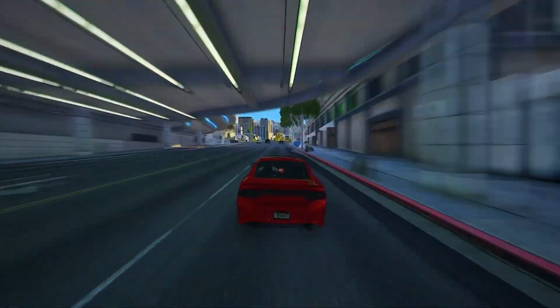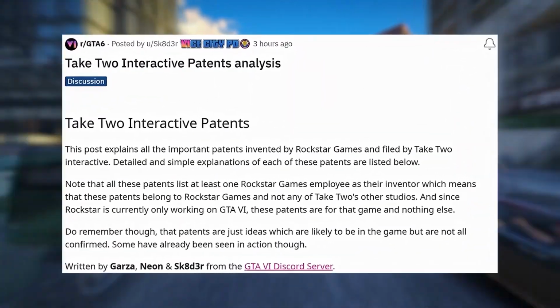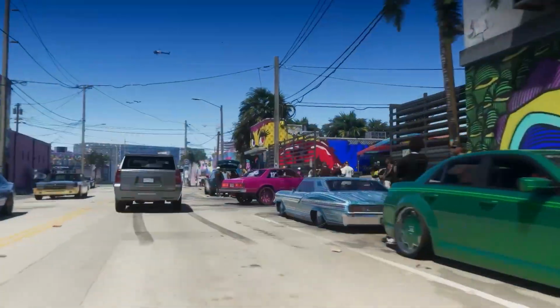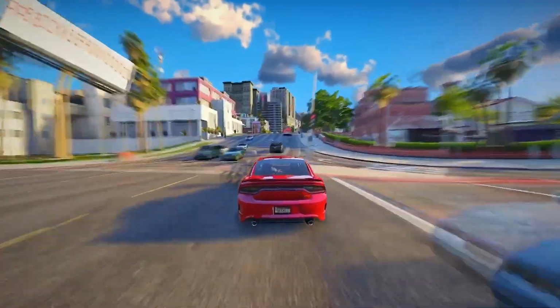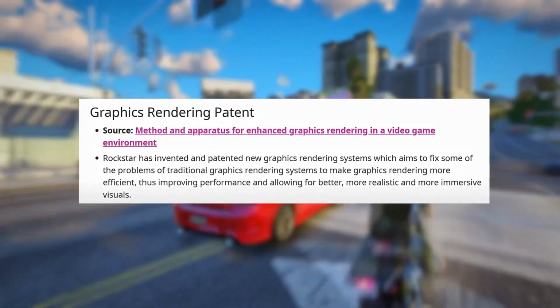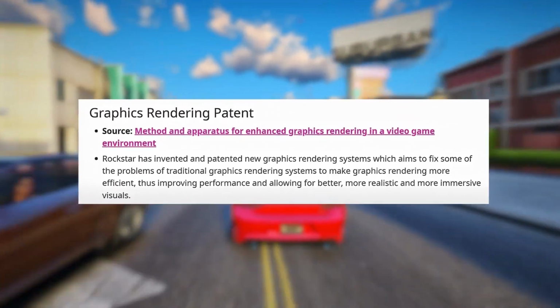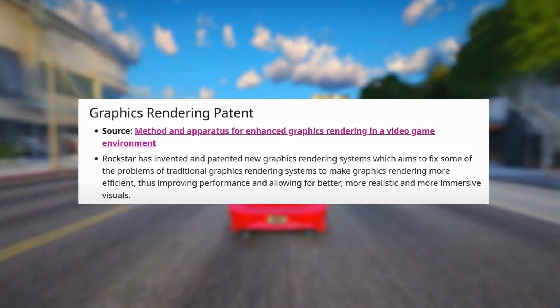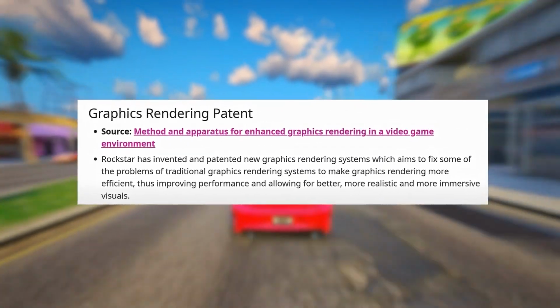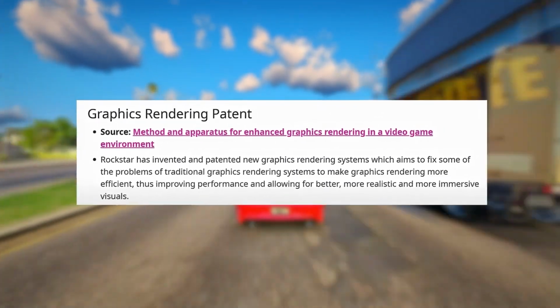To sum it up, this graphics rendering patent encompasses the dynamic terrain, ambient occlusion, global illumination, and material tinting, all exciting new features making their way to GTA 6. Rockstar has invented and patented new graphics rendering systems, which aim to fix some of the problems of traditional graphics rendering systems to make graphics rendering more efficient, thus improving performance and allowing for better, more realistic, and more immersive